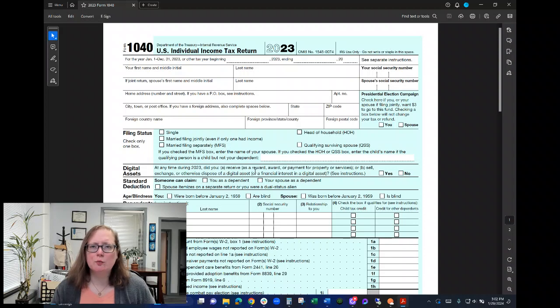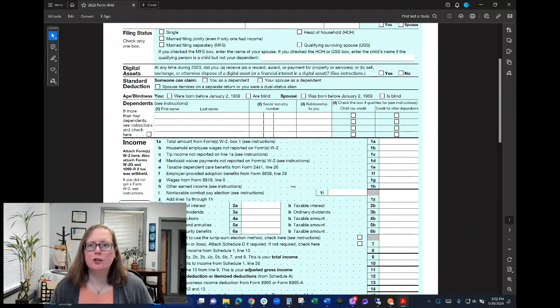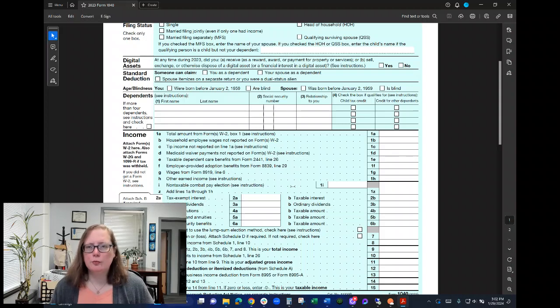So those things are really important, and it's a segment that the IRS is really looking at. And then there's a dependent section. So if you do have a child or there is someone that you are supporting, you may be claiming them as a dependent. So now that we've gotten all of the heading information out of the way, the next section